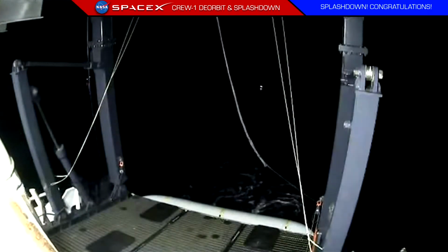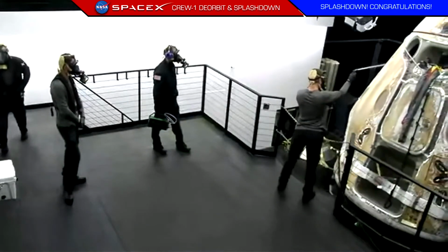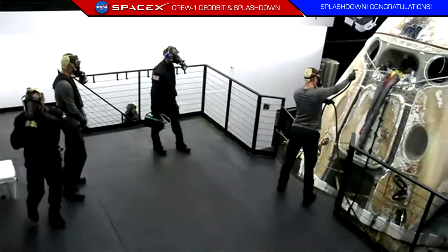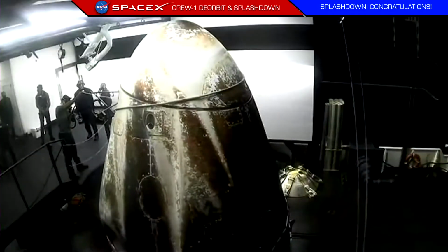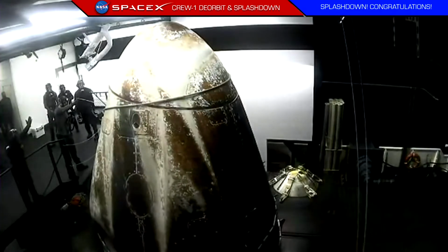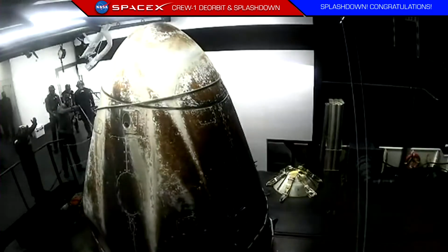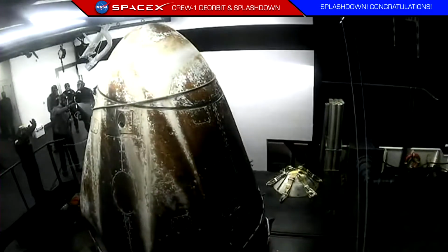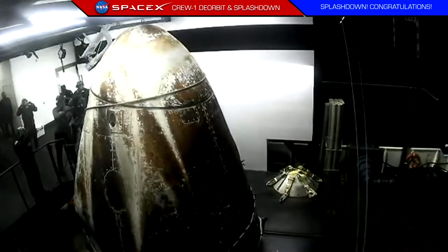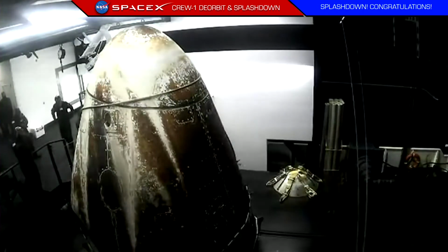So the crew just secured Dragon onto the recovery vessel, and now it's moving towards the platform where eventually the hatch will open up. We've got more personnel assisting with the recovery operations. And that platform is coming right below the side hatch, making it much easier for teams to help the crew egress or exit the vehicle. And this is the first time that this side hatch will be opened since launch day,